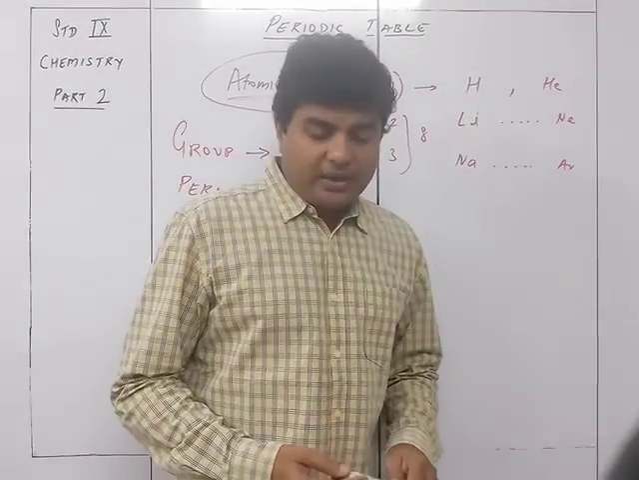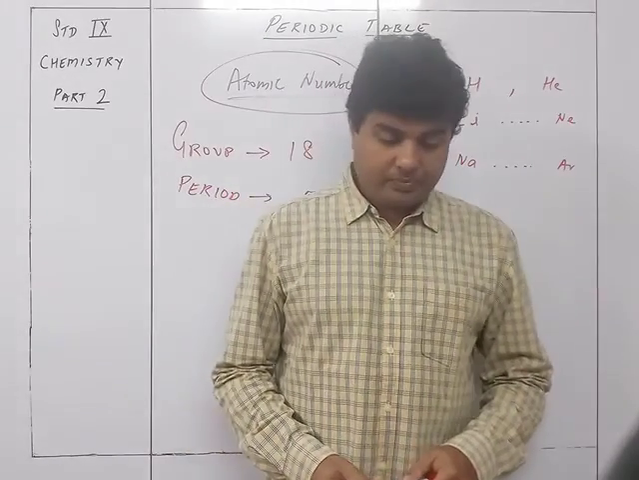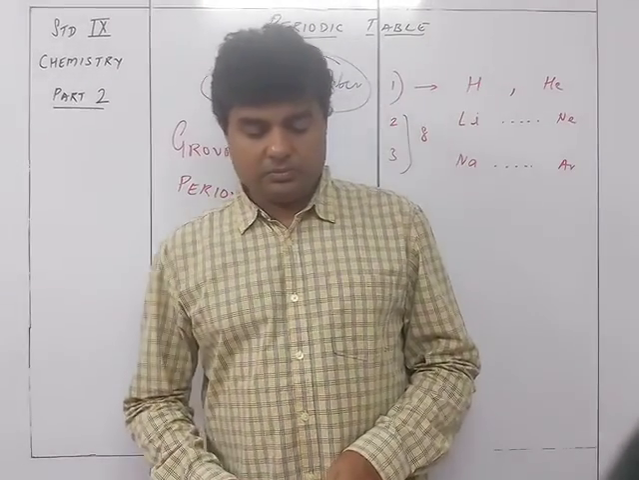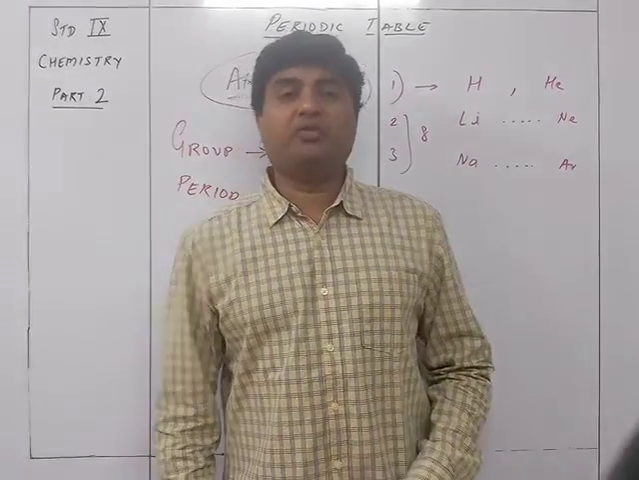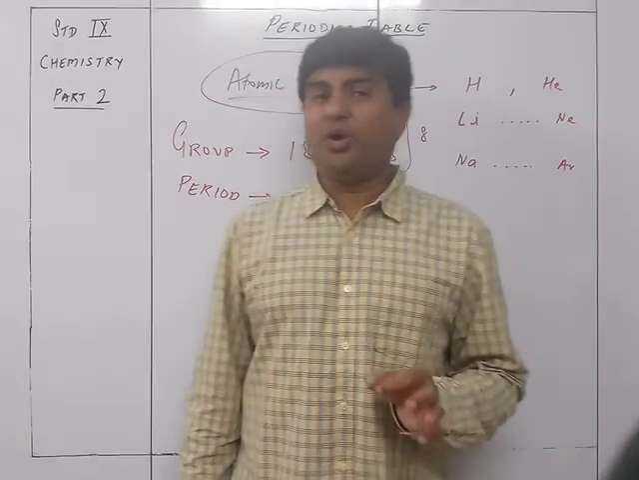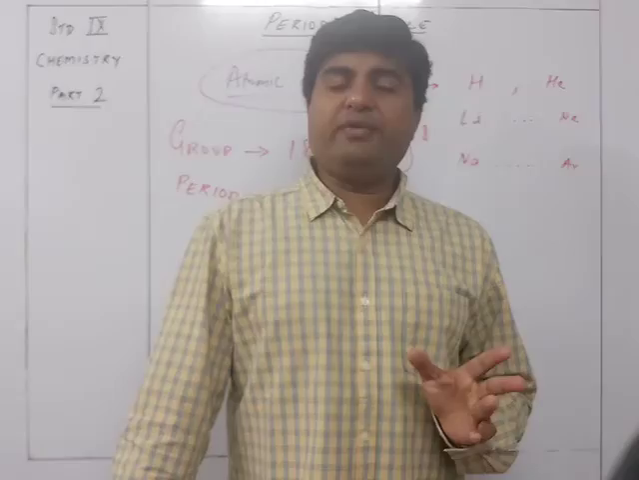There are 18 vertical columns with 8 main groups in the periodic table. The group number signifies, now what does the group number signify? The group number is going to signify the number of electrons in the outermost shell. See, it is this way. If you see the older